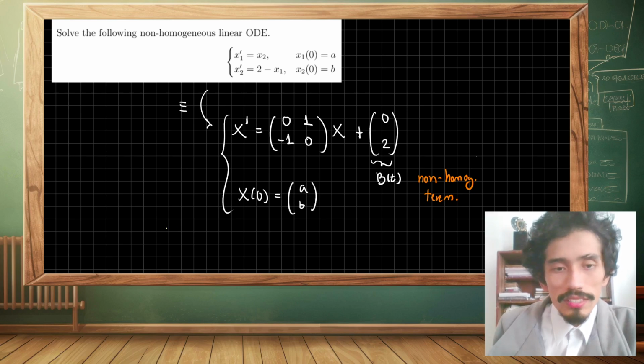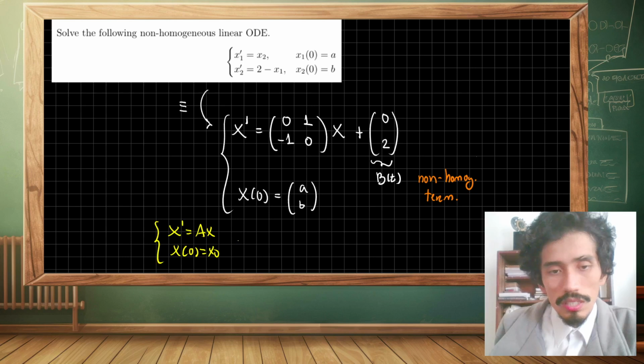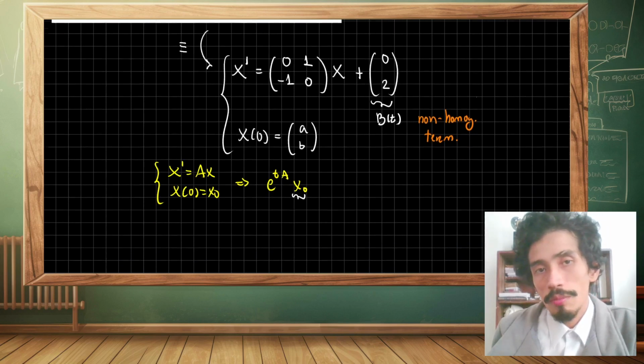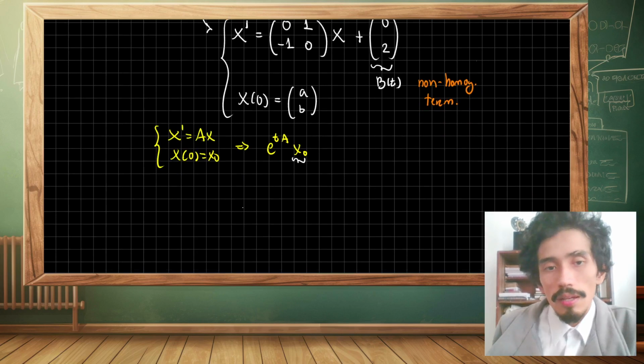We saw earlier in a previous video that this system had a solution given in terms of the exponential of t times the matrix A, multiplied by the initial value. So now we generalize this to a non-homogeneous system, and the solution will be a little more complicated, but